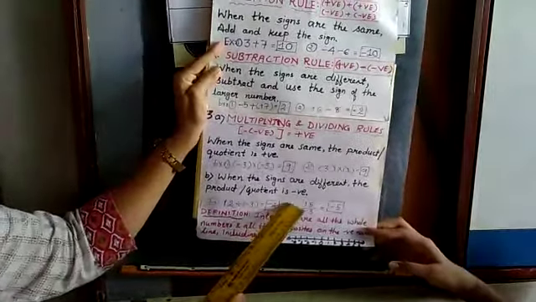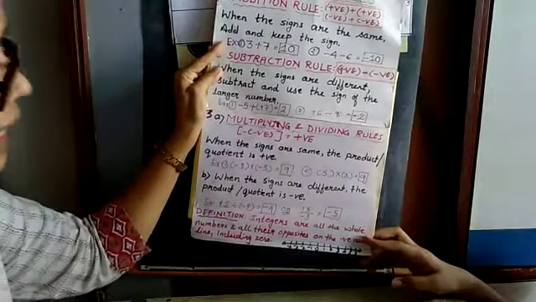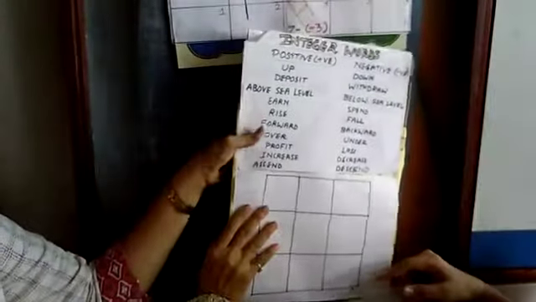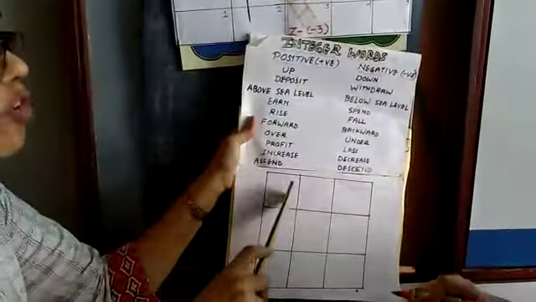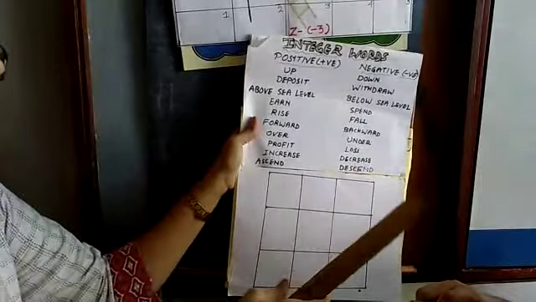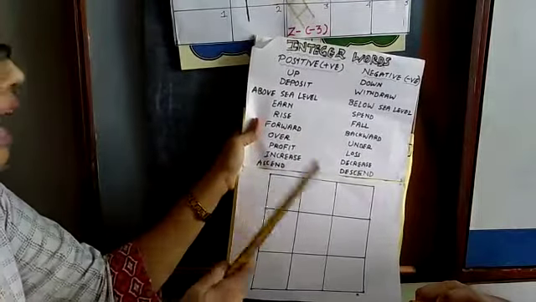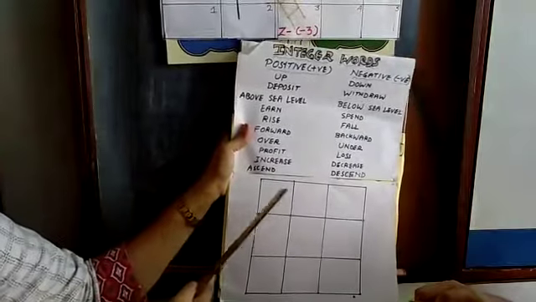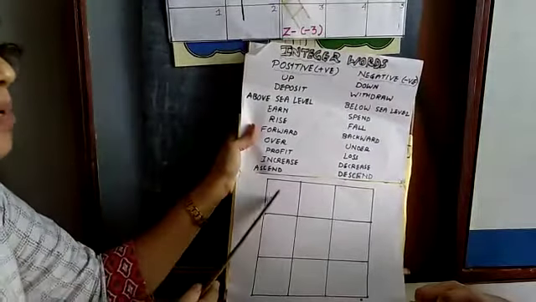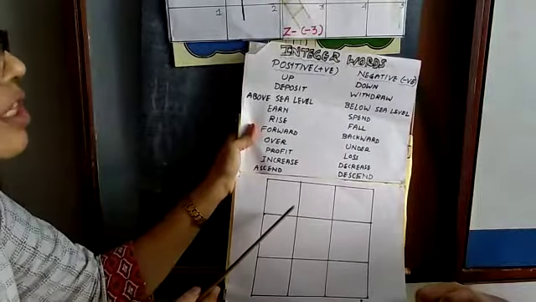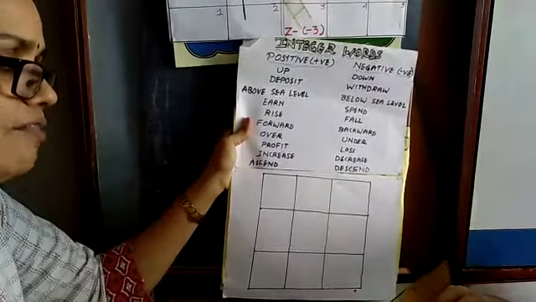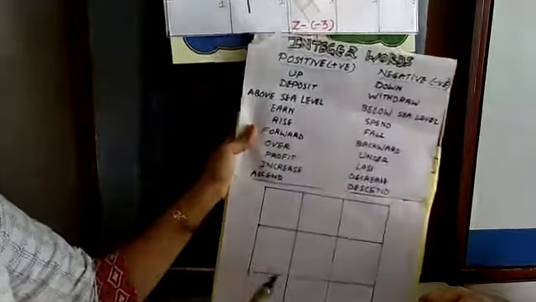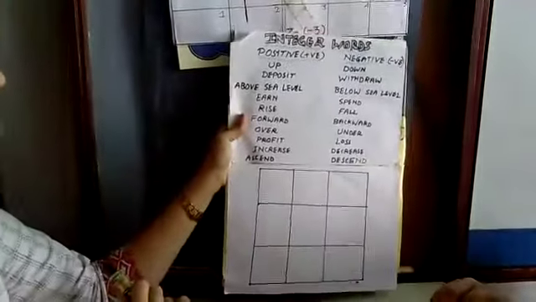Now, as I have promised, I will show you your tic-tac-toe game with the integers rules. So let us play first so that you will come to know. This is the red pen for you. Now here are slight changes. Instead of cross and zero, we will play this game with positive and negative signs. Positive means plus, negative means minus. Which do you like? Positive. Very good. So you will make the positive sign with the red pen. I will make the negative sign with the black pen. So you will come to know.